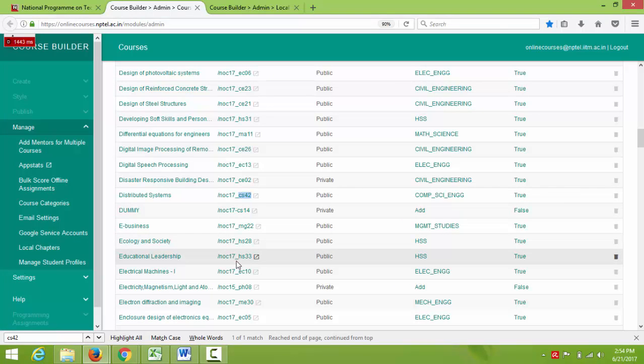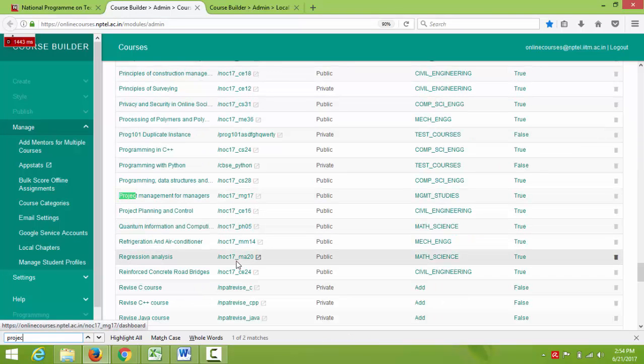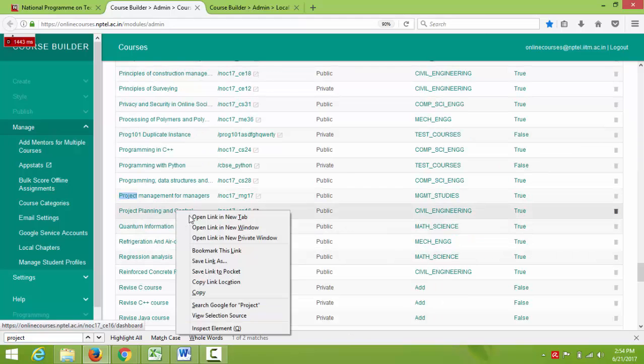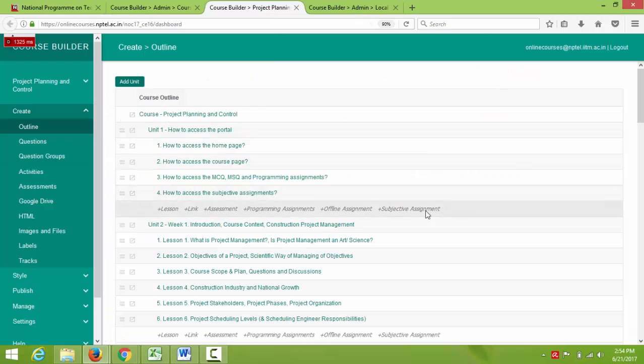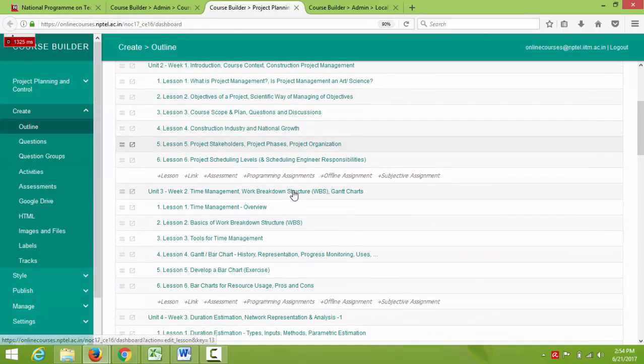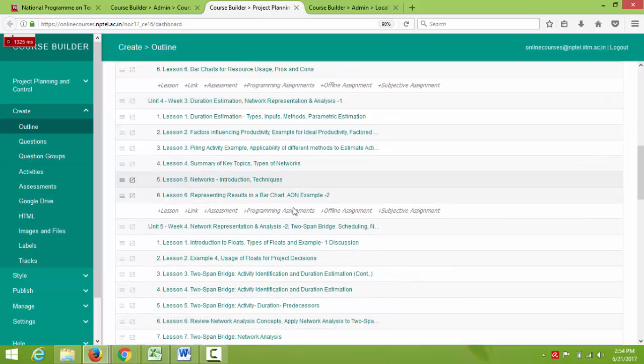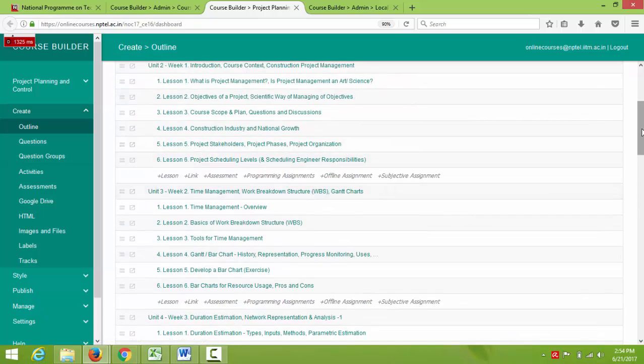So once you join into the course, you will be seeing the course dashboard. Once you log into the course, there will be a tab like course dashboard. Once you click on the course dashboard, you will be seeing the back end of the course. So this will be the course dashboard. Here we have added the video contents, hence there are contents listing over there in the dashboard. Otherwise this page will be looking blank.